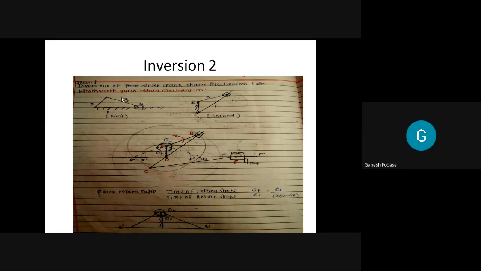Okay. Now see, slider crank chain, I gave you the example of first inversion. First inversion means when link number 1, which is the frame, is fixed. So what happened in that case? When this frame is fixed, link number 2 will rotate, and link 3 will transmit that rotary motion into sliding motion of a piston. So this piston, link number 4, will reciprocate over this frame or inside the frame. That is the first inversion we already saw.